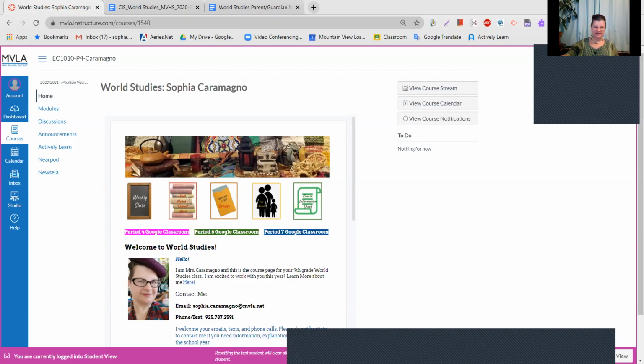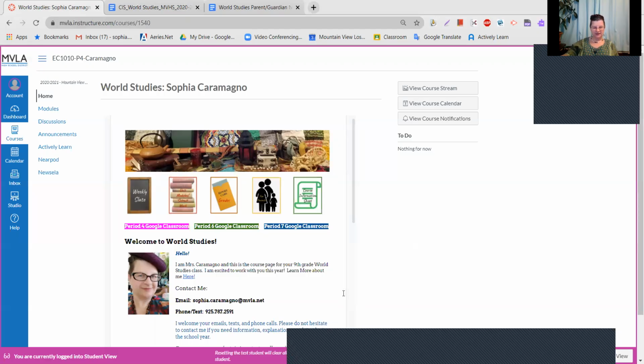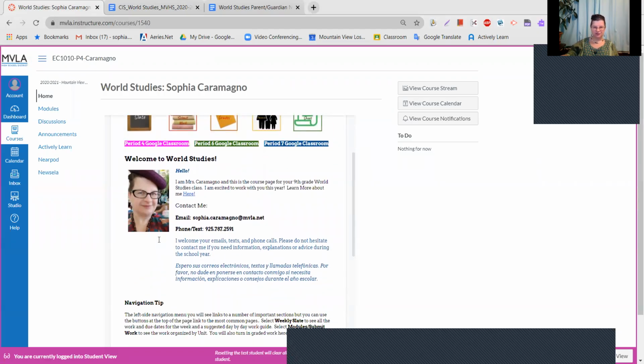And you should be able to access your students' work through this modules button. There's also contact information for me on this page that's easy to find, and links to the different Google Classrooms I'm using to send work to students. I made the decision to use Google Classroom as the main method to send work to students because it means that I will be able to be on the document with them at any time in order to help them. They don't have to go through an additional step to share it with me.